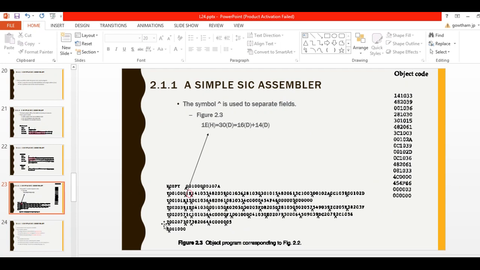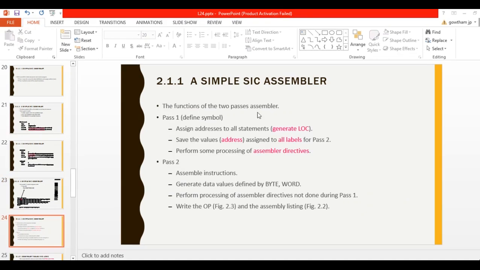Last is the functions of the two-pass assembler. Pass 1 defines the symbols, assigns addresses to all statements, that is, generates location addresses, and saves the address values in the tables, such as the symbol table. It also performs some processing for assembler directives: find out which assembler directives are used.